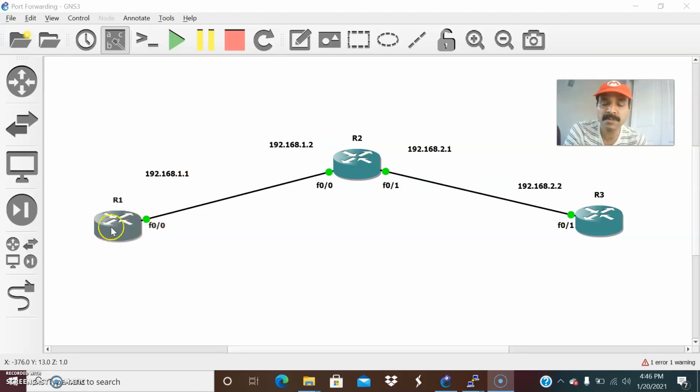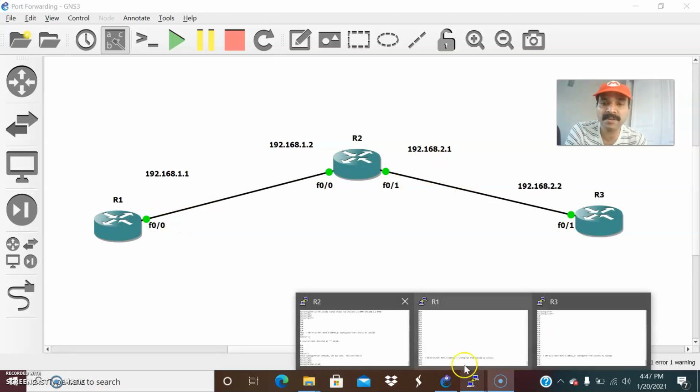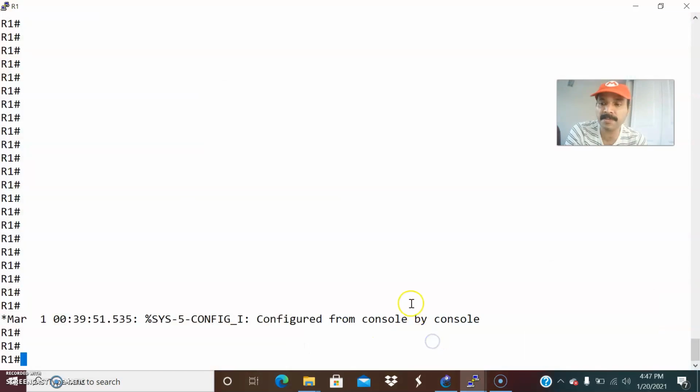forwarding, right? So this is the architecture where I connected R1, R2 and R3. On R1, on the local interface inside, I have hosted a local web server, right? So this interface I have to configure as IP NAT inside and this is IP NAT outside. Then for port forwarding, we have to configure a port forwarding rule. So before that, let us configure the directly connected interfaces on R1, R2 and R3. Then let us configure the NAT inside and the outside statement.